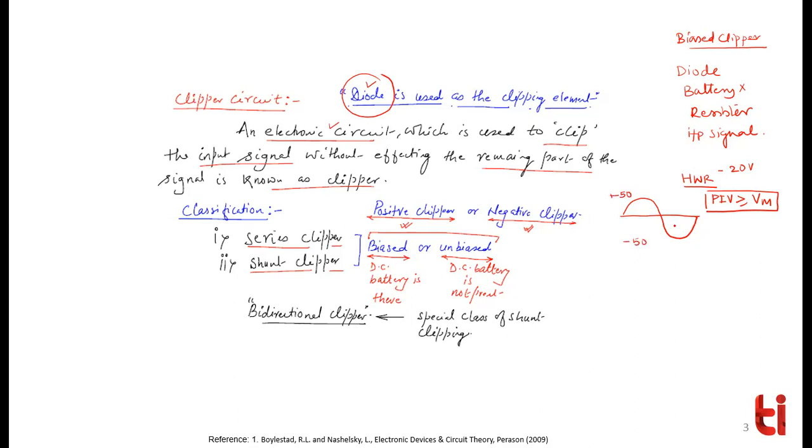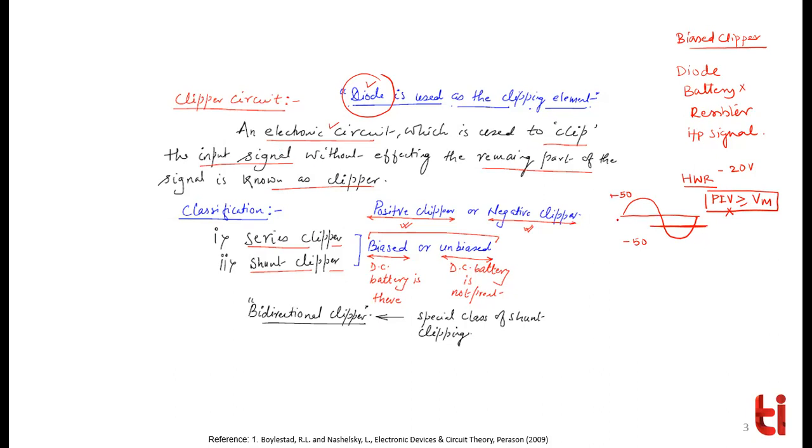Definitely we don't want to give this wave to the half wave rectifier circuit, because here the voltage goes beyond minus 20 volt. So this condition is not satisfied, and the diode will also work in reverse bias. So what do you want? You want to clip this portion of the wave. You don't want the voltage to exceed minus 20 volt, or minus 19 or minus 18 volt. A circuit which can make this kind of change in the input signal is known as a Clipper circuit.